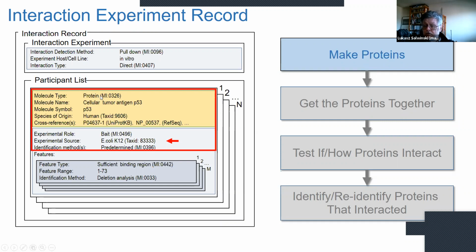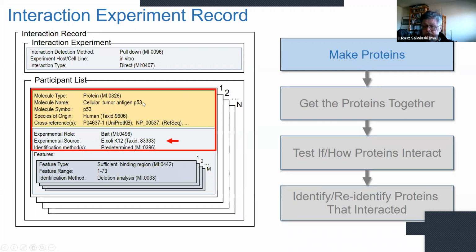Some databases report just protein interactions, or interactions between proteins. There are databases that report interactions between protein and the genes, meaning DNA. So then some molecules might actually be reported as DNA, or in case of interaction with RNA, it might be RNA. So in general, the molecule can vary. There's a field specifying what molecule type we're dealing with, and this is information about the native version of